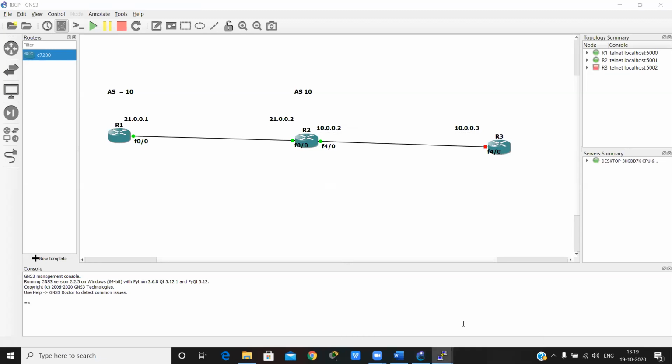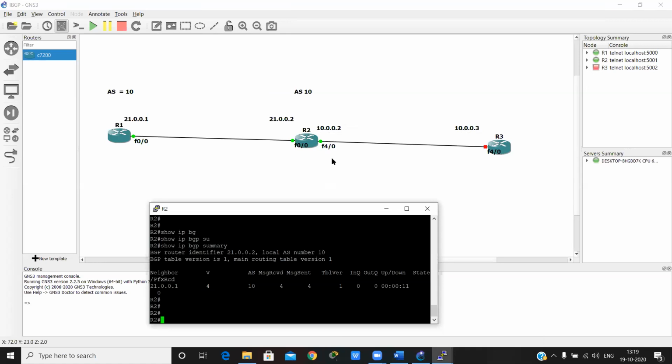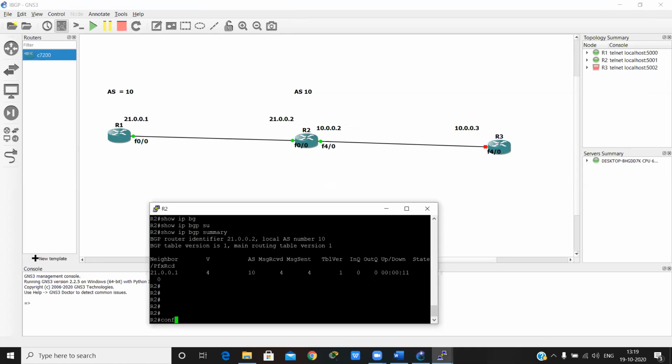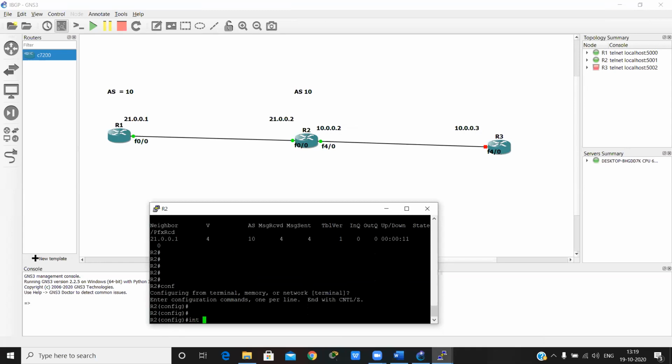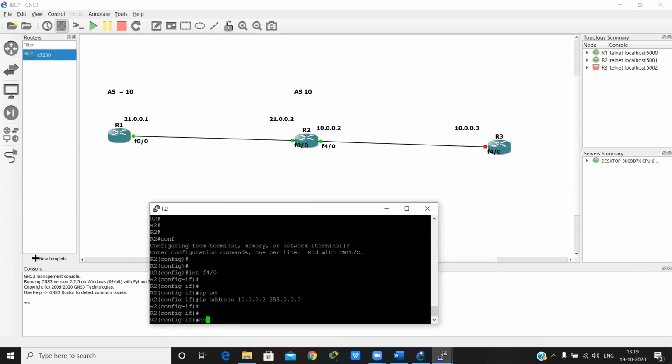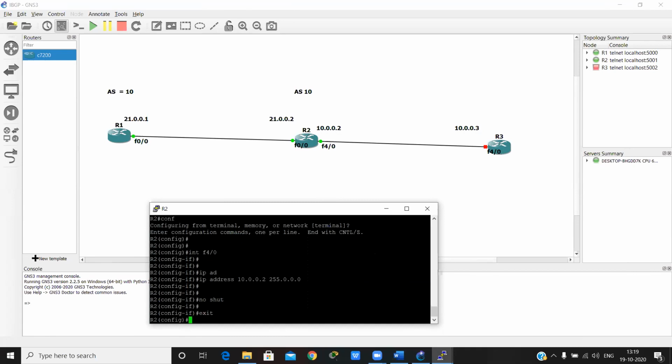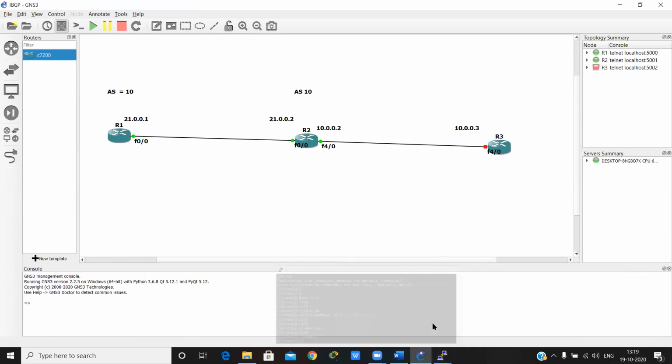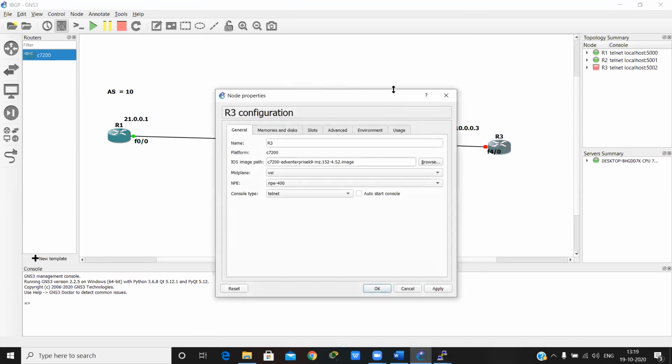So firstly configure the IP addresses on this interface, also FastEthernet 4/0. Go into configuration mode, interface F4/0, IP address is 10.0.0.2, subnet is 255.0.0.0, and then no shutdown. Okay.